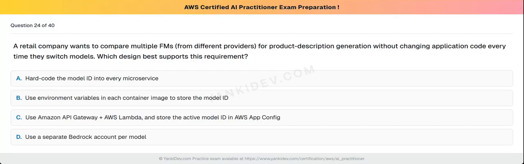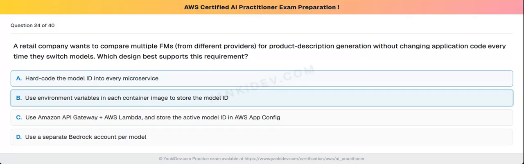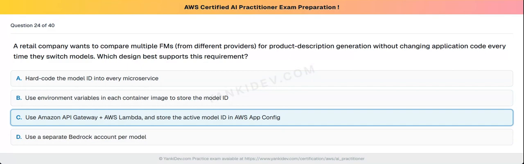Here are your options. Option A: hardcode the model ID into every microservice. Option B: use environment variables in each container image to store the model ID. Option C: use Amazon API Gateway plus AWS Lambda and store the active model ID in AWS AppConfig.